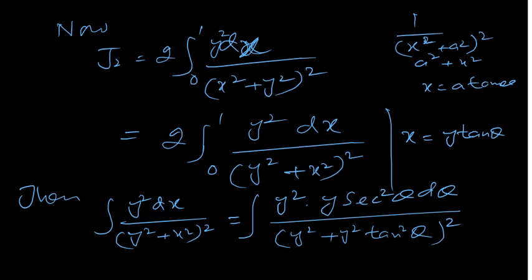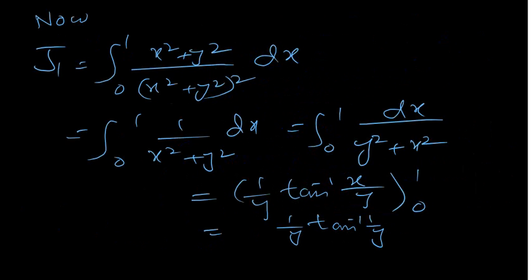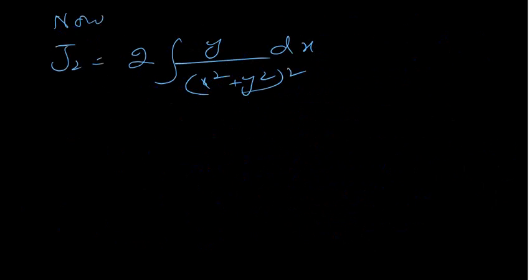J2 is this integral 2y, integral 0 to 1, y square dx. So this is J2, which is 2y integral of y over x square plus y square dx. This is your integral J2, and that's equal to, 0 to 1. Okay. This J2, it's equal to